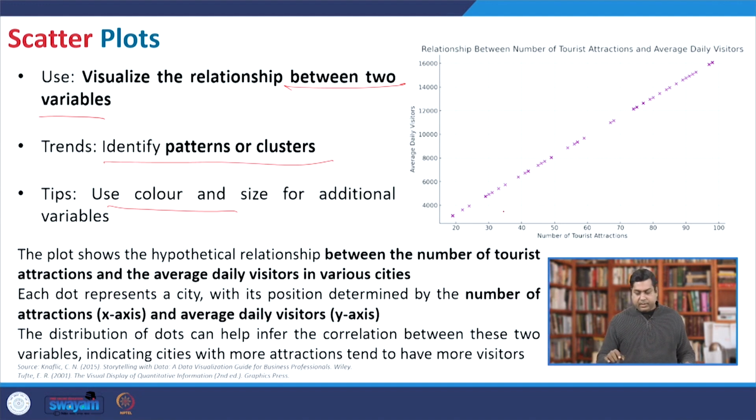So, say for example, here again it is another hypothetical example where the x axis represents the number of tourist attraction points, and then this is the average daily visitors in thousands, that is given like 4,000, 6,000, it is in actual, right. So, from this particular plot, it is obvious that whenever you have more sites of attraction in a location, then people will stay a little more, and they can visit your city also,